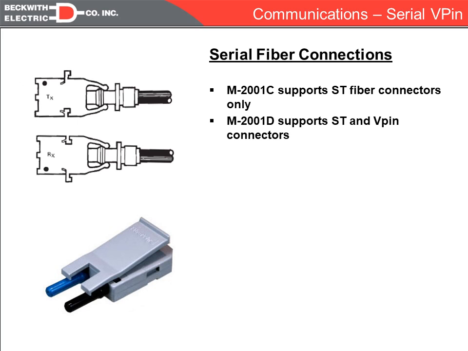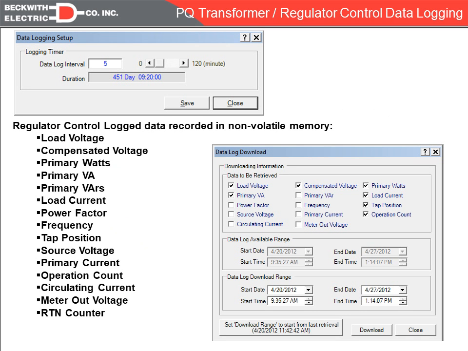So the C had ST only. The D now also allows you for ST and VPN connections. One last thing is the second COM port on the D, besides being Bluetooth, can also be ordered with an RS-232 option. Now, if we get into the power quality, the first issue here we're going to talk about is